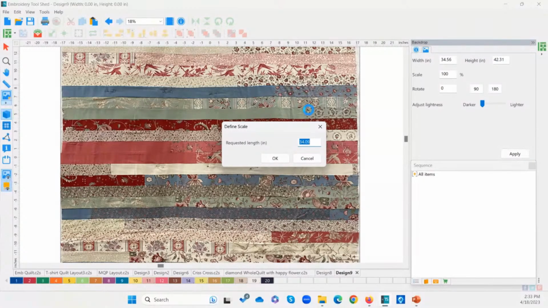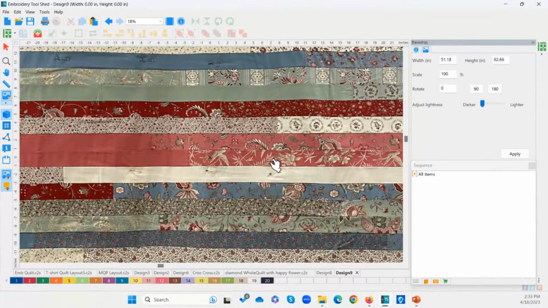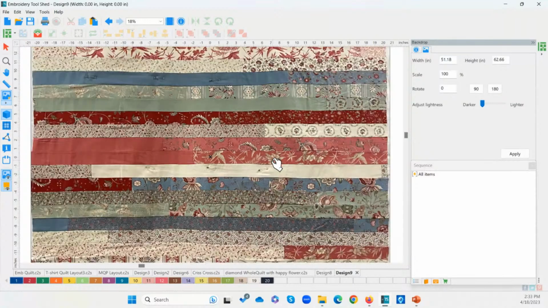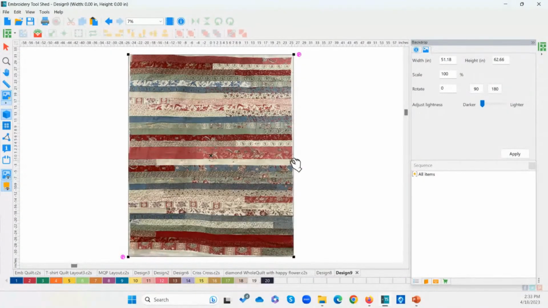But now, honestly, I can't lie, I don't remember exactly what the width of this quilt was. So let's just say it is 50 inches. And when I click OK, and actually you need to make sure, because I did raw edge to raw edge, you need to make sure you have your seam allowance in there also. So I'm going to do 50.5 to make sure that I've got that 1/4 inch. And it resizes the image based on what you put in. So I don't have to do the length and the width. I only have to do one or the other, or one block.